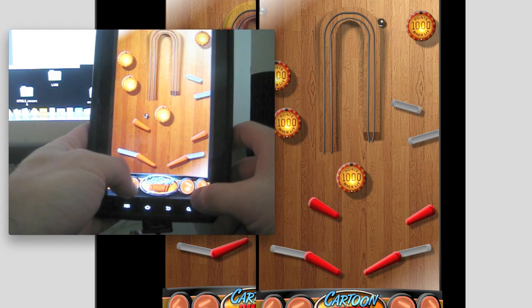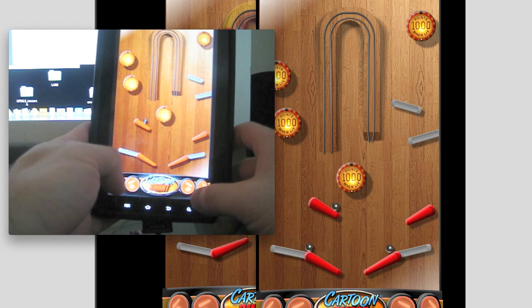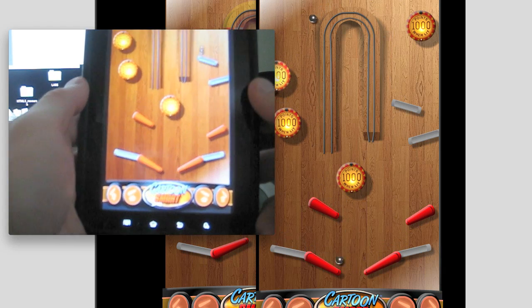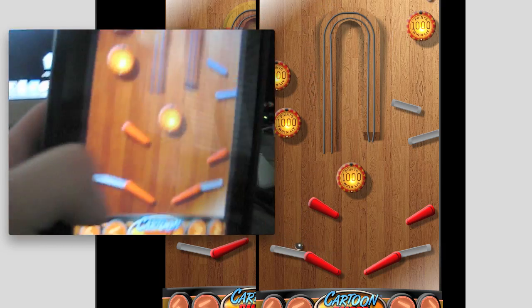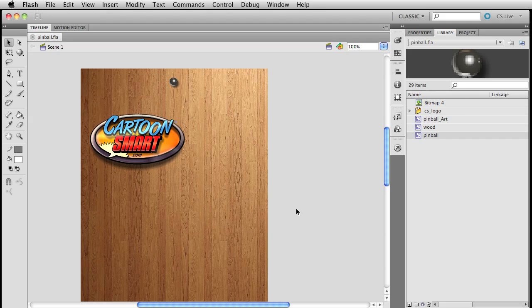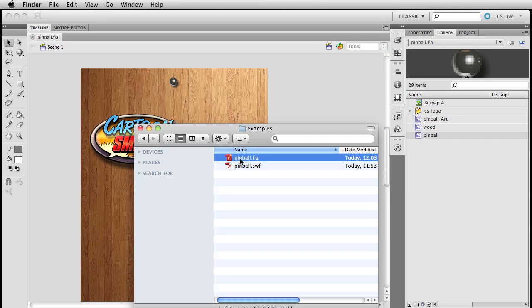So that is what is ahead for this tutorial, and I think it's going to be a very good one, and maybe just the basics of getting this pinball game out there, and then we can look at some more complex stuff later. Okay, let's get started here with pinball, and the first thing we should look at is